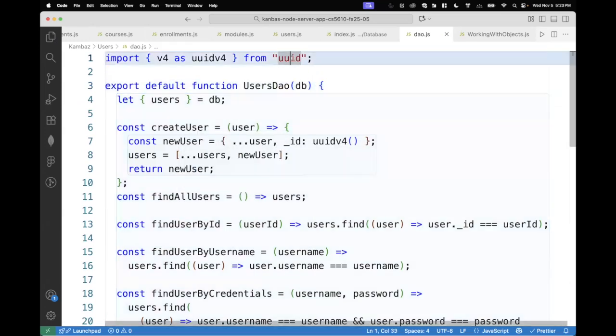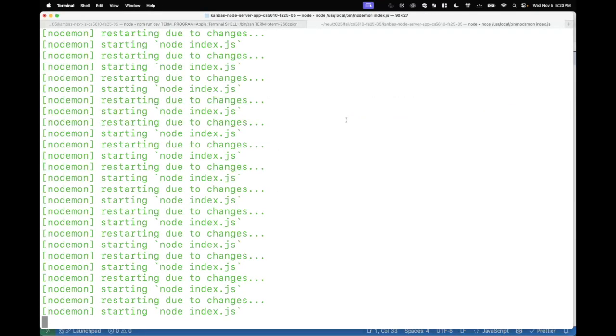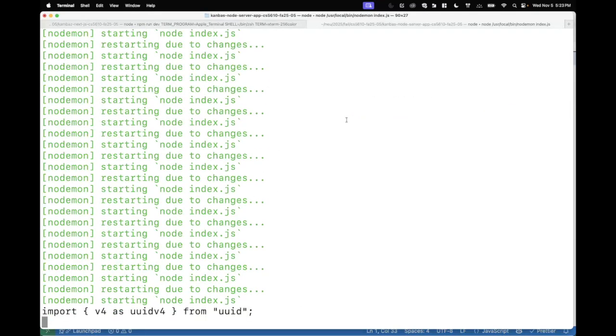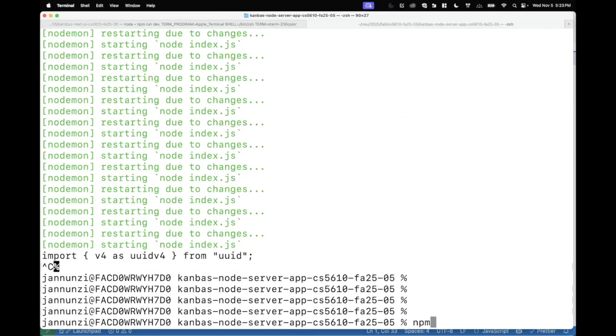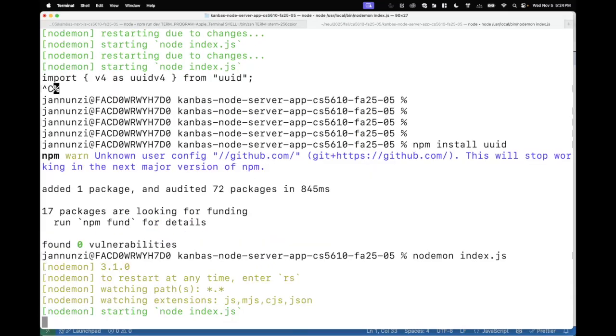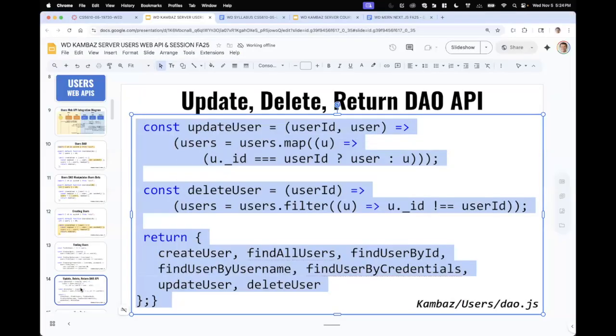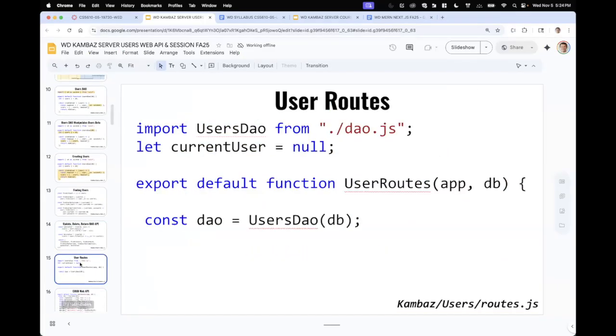So let's not forget that we'll need to install this library. So let's make sure we do that. We'll go to the server, stop for a second, and npm install uuid, and we'll restart the server. Okay, so once we have that, once we have the DAO,